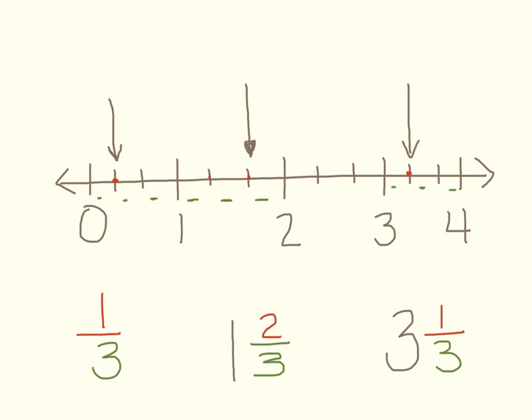So I hope you're seeing how you find your whole number, you count your spaces, and that becomes your denominator, and then you count what line you're on, and that becomes your numerator. So hopefully that makes a lot of sense because it is just very much following a pattern. All right, let's give you the chance to do a couple